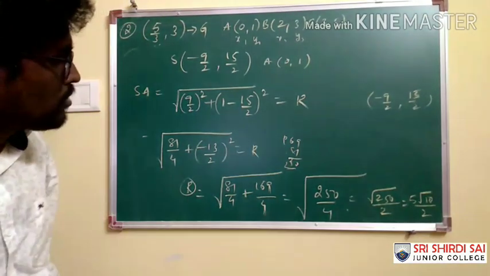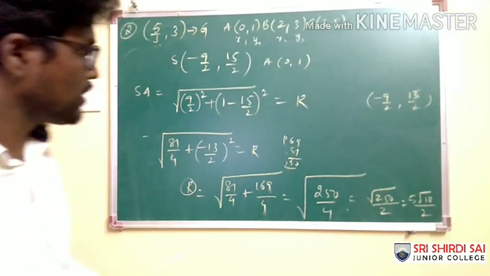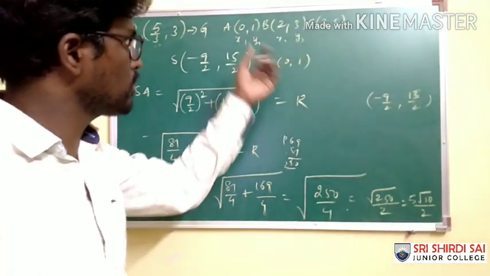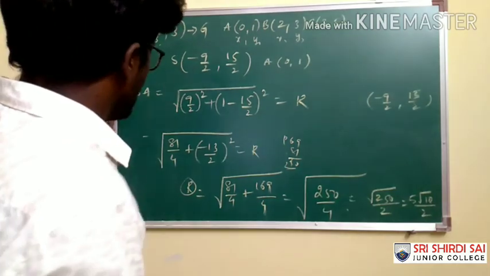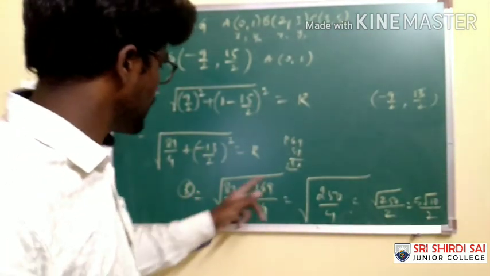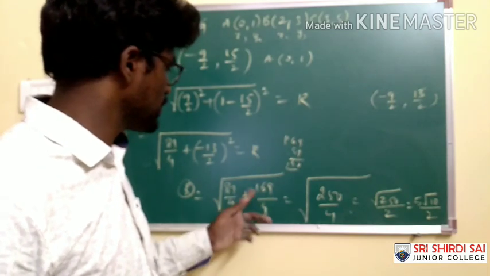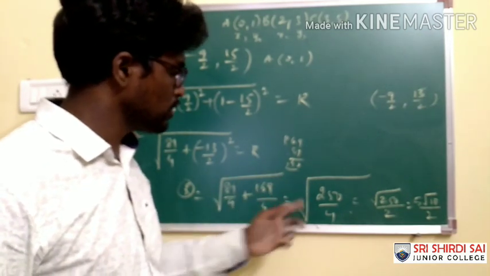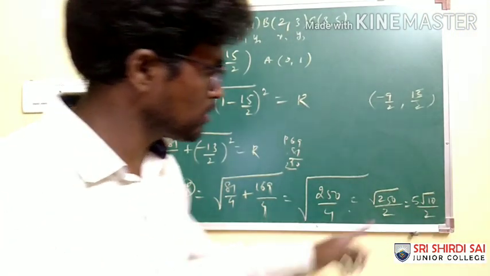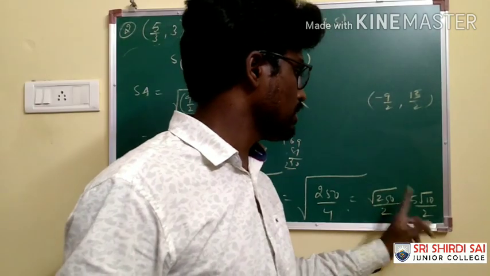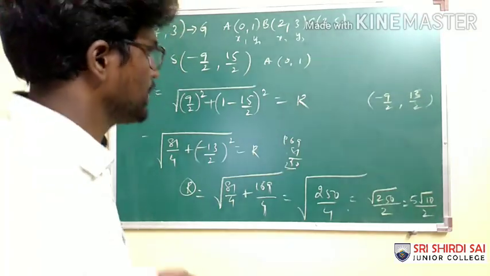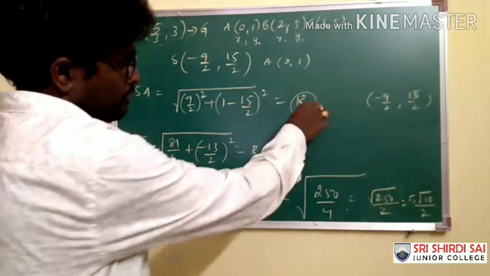See how simple it is. You should be very careful. Circumradius is nothing but the distance between the circumcenter and any vertex. That vertex I have taken as A because we can close the problem easily. Distance between them is given by so and so. So R is equal to square root of 81 by 4 plus 169 by 4, that is 250 by 4, square root of 250 by 2, which is equal to 5 root 10 by 2, because root 250 can be written as 25 into 10, and root 25 is 5. That is the circumradius. It means we have got the third problem also.